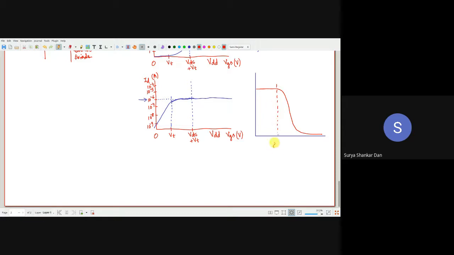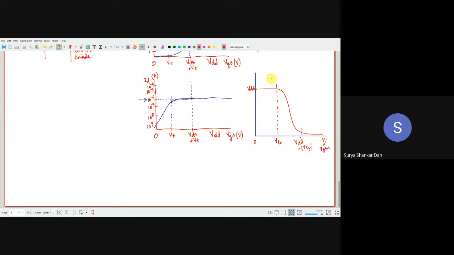So this was our VT. This is 0. Here was our, this is for the PMOS. Let's concentrate here. So that means when our VI, which is actually equal to VGSN, when VGSN is less than VT, what did we see? That the voltage was always VDD, correct? And why will it always be VDD? Because even the slightest reduction of charge due to leakages will immediately be replenished by the PMOS, which is in linear in this domain.